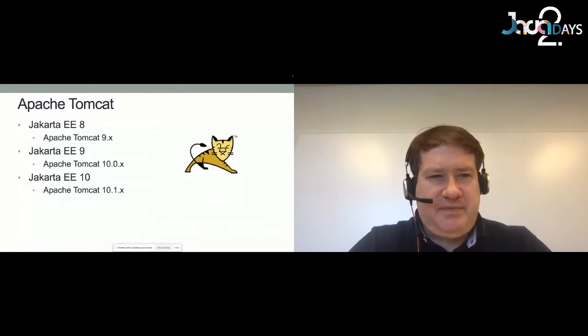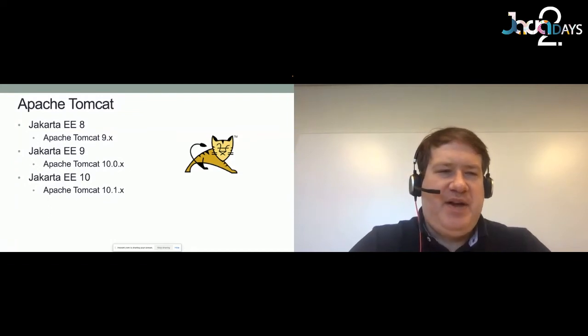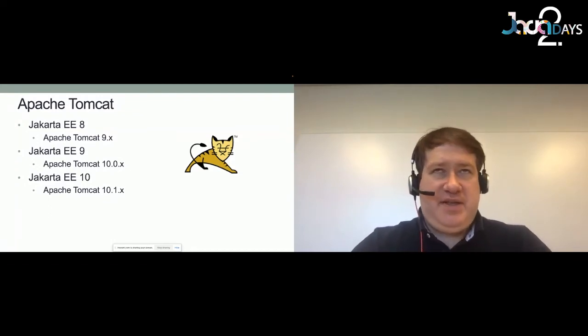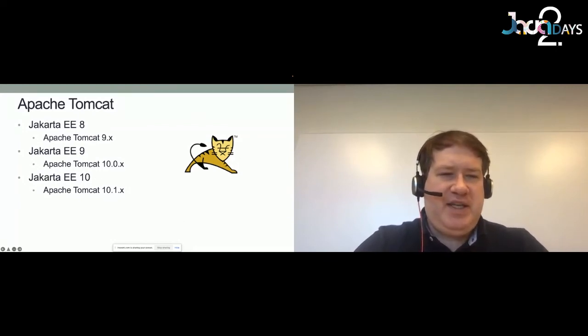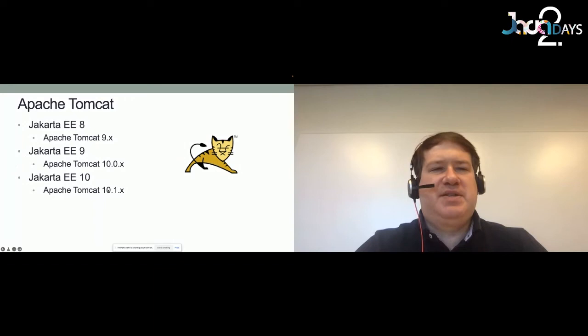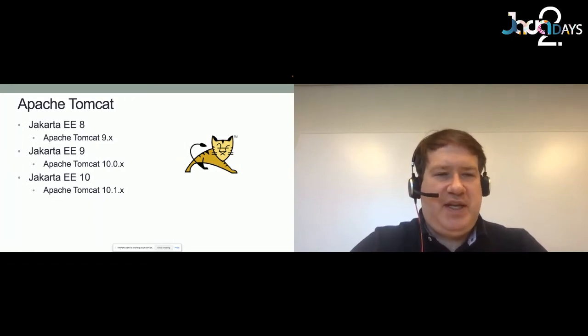So for the Tomcat, if you're a Tomcat user, just kind of split out the different versions and which ones go with which. When you go to download it, Jakarta EE8 is the Tomcat 9 release branches. Jakarta EE9 came out with 10.0, and there's a version number after that for each of the individual releases. And then the Jakarta EE10, they're going to keep the same Tomcat 10, but 10.1 is going to be the Jakarta EE10 releases. So if you're an Apache Tomcat user, you already have EE9 and 10 releases out there that you can start playing with today and seeing how your application behaves.